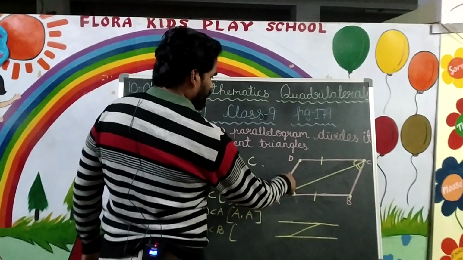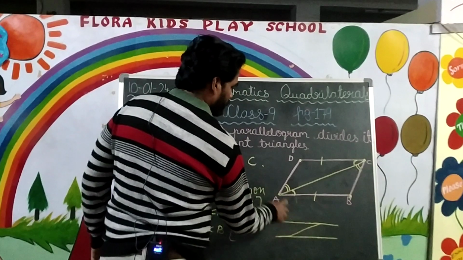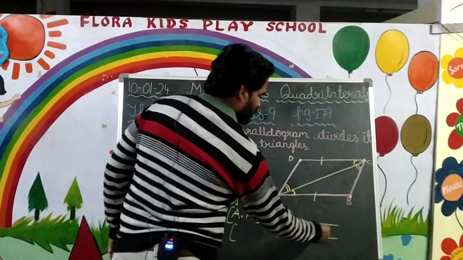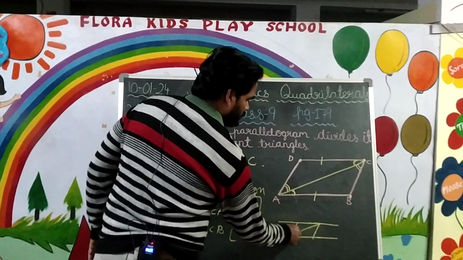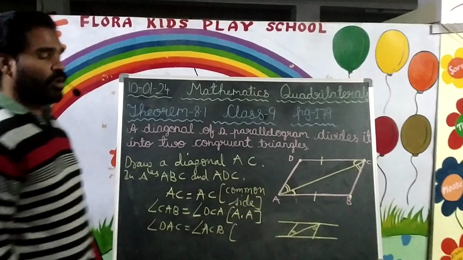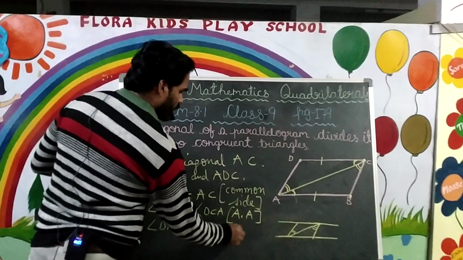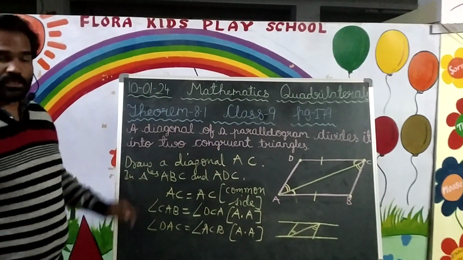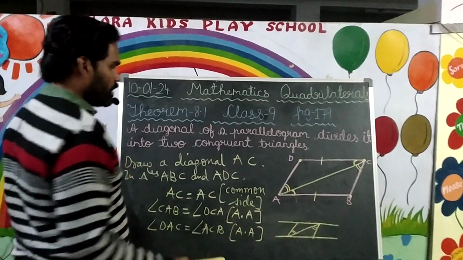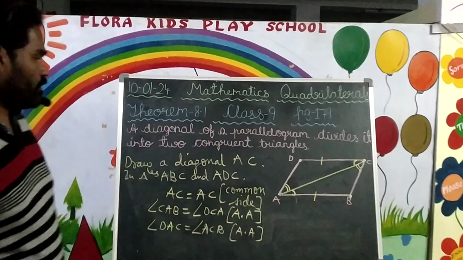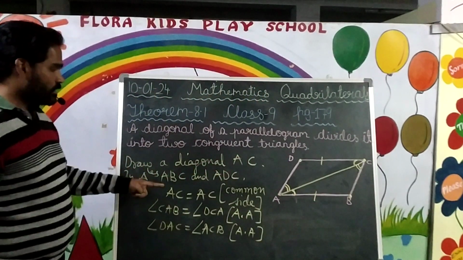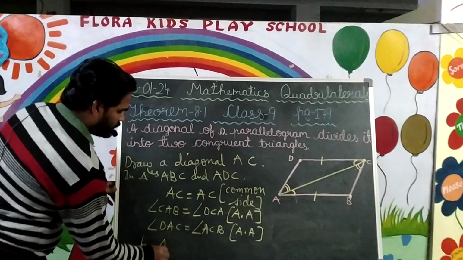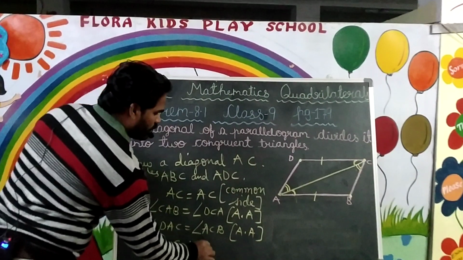This part of the angle and this part of the angle are obviously equal because they are also alternate angles. So there are two angles and one side between the two triangles. So it's angle, side, angle. We can say by the angle-side-angle property,